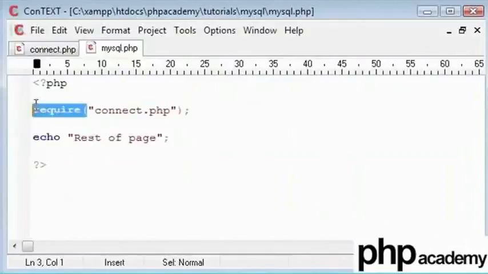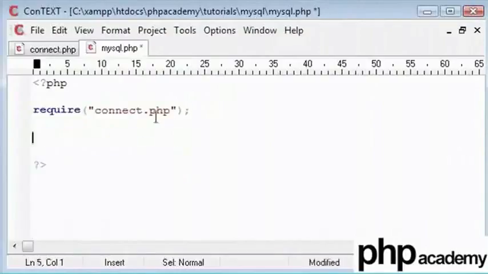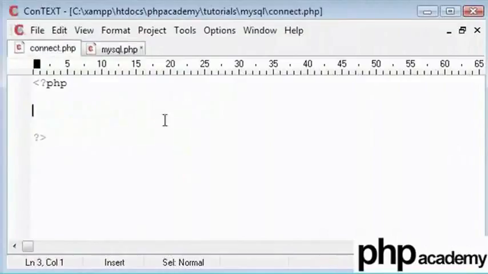The include will include it and then it will continue to run the rest of the page. If you use the require function, it will in fact kill the page if this cannot be included. So what I will say is require connect.php, just to say that if you can't connect to the database, the rest of this page is meaningless. We will get loads of rubbish upon the page. Okay, so require connect.php, and inside connect.php we need to start up PHP MySQL functions.